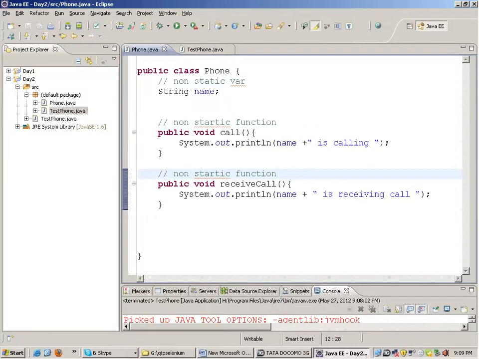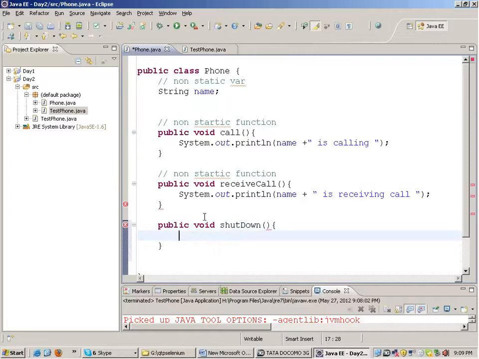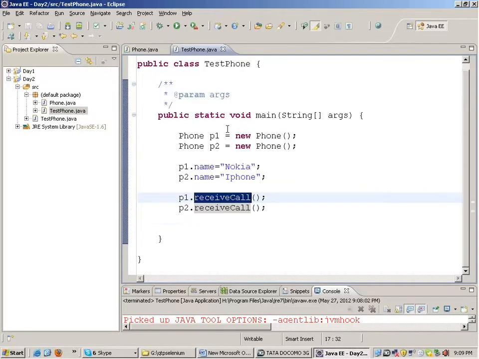Okay. Now there can be a feature which is common for all the phones. For example, taking a scenario like public void shutdown. All the phones can be shut down. So we'll make this static. Making this static will no longer make the shutdown function, as we saw yesterday as well, right? If we make something static, it no longer remains the part of the object.